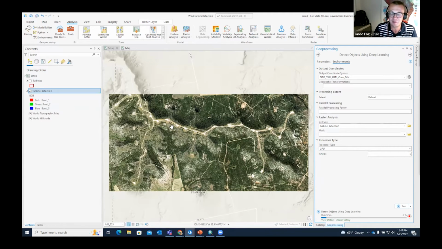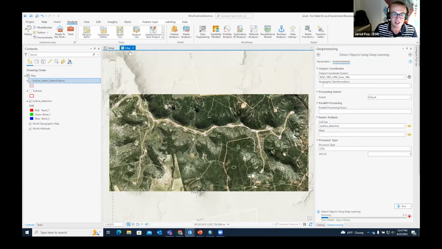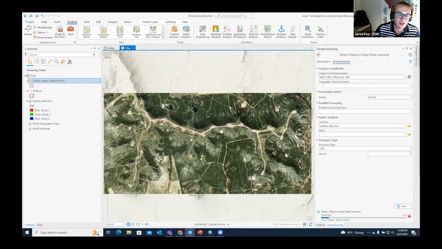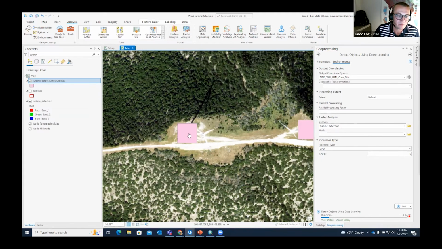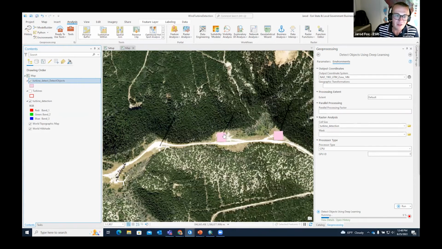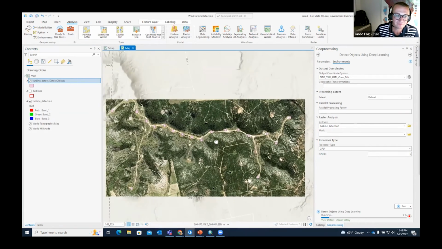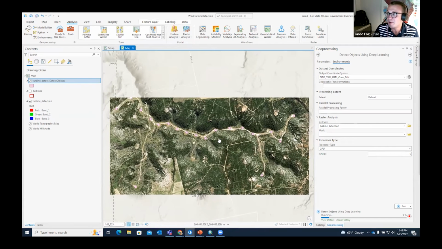I did run this before our time together today, so I will share with you what that looks like. So this is the output that I got. Turbine detect objects, detected objects. So you zoom in here, and when the image refreshes, you can see it actually does a pretty good job of capturing that base of the turbine. And the whole hope with this, they're not going to be perfect, but the amount of time they can save you,